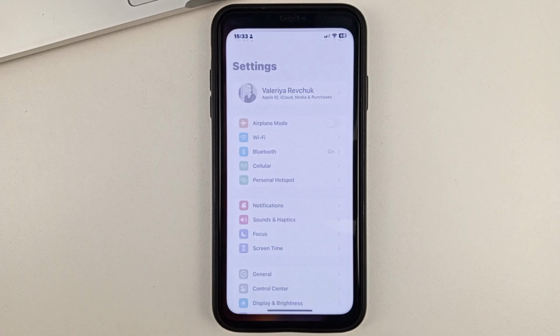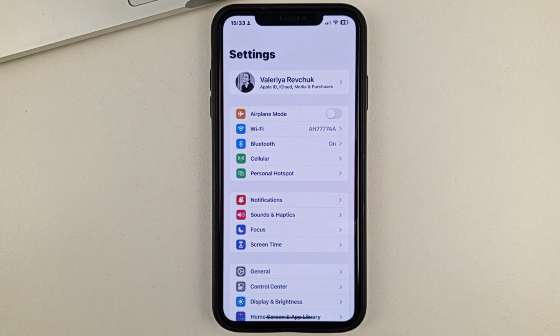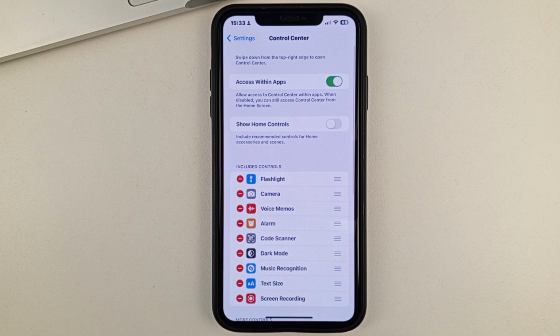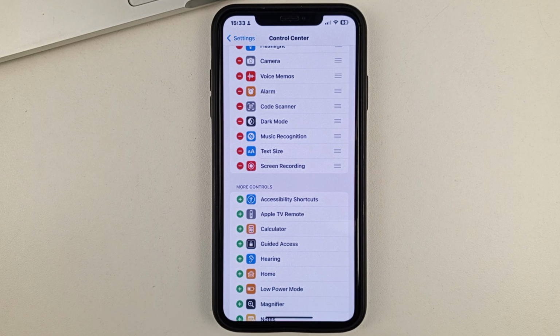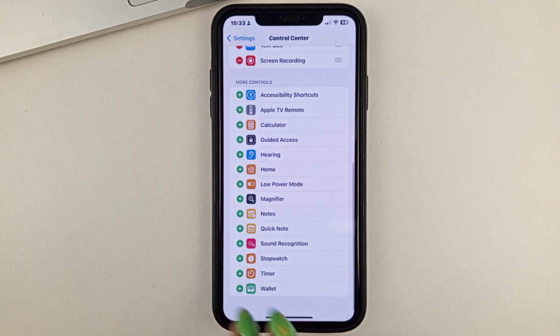After that, you can exit the App Store, go to Settings on your iPhone, and then go to Control Center. Here, friends, you will need to make sure that a shortcut like screen recording is added to your shortcuts. If it is not added, then scroll down to the bottom, to the second menu, where the shortcuts are not added, find Screen Recording and click on the green plus sign next to it.